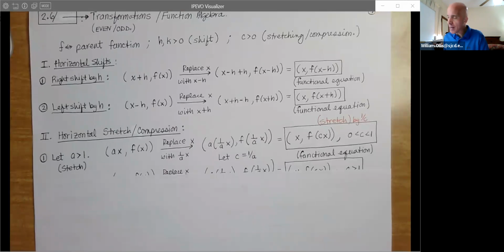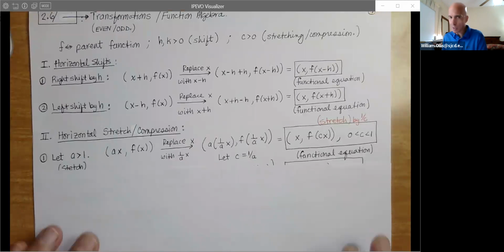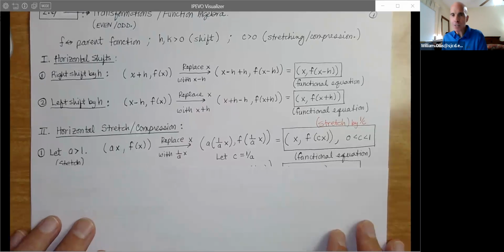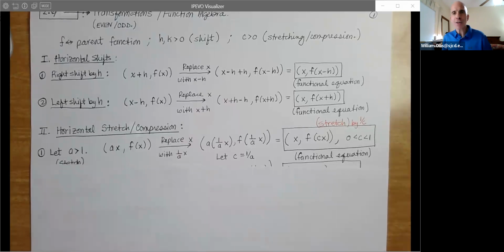And I always say that, I'll just say they'll be less challenging. That's probably a better word. Students always say less difficult, Professor Ron, not easy. And I agree. So the stretch and the compression horizontally, we're going to look at this the same way that